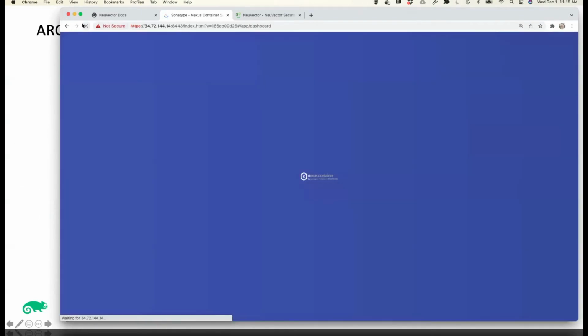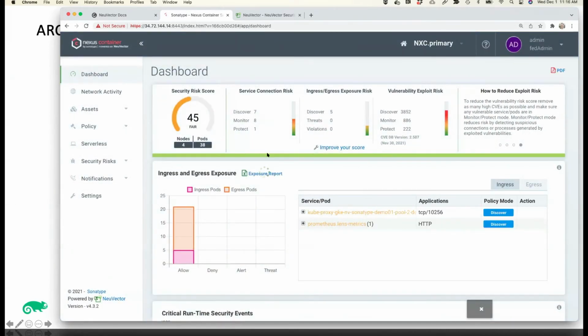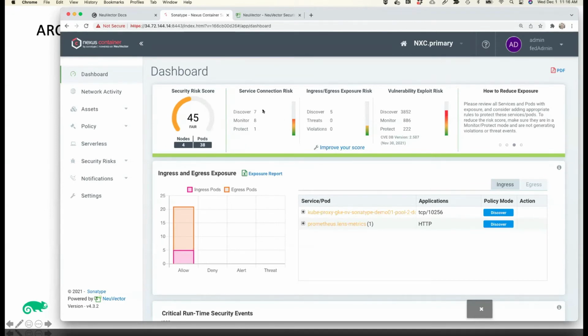When you enter NeuVector, you're going to enter at a dashboard. The default mode in NeuVector is really designed for a test or staging environment where we're going to learn all that behavior of your applications. But once you've locked everything down, things are going to be in a monitor or protect mode. And we're going to give you a security exploit risk score. You can see here it's fair in this environment, probably because I don't have all of my pods in the NeuVector protection mode yet.